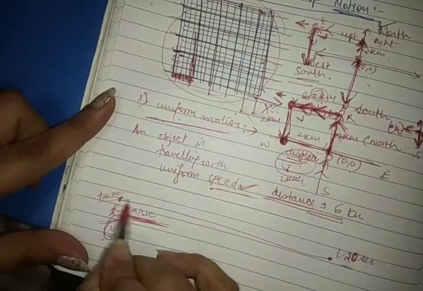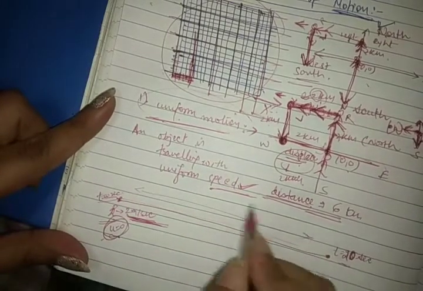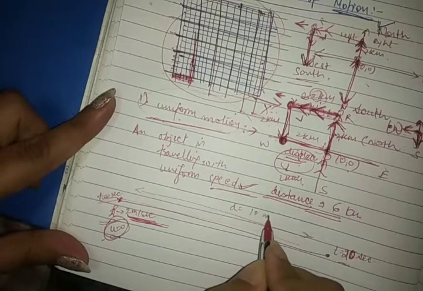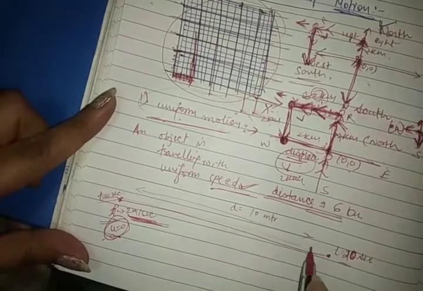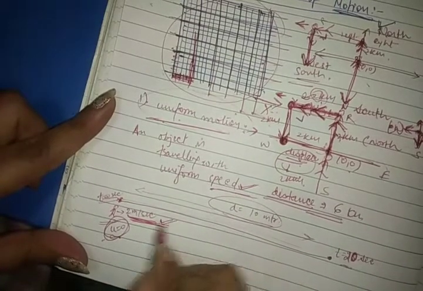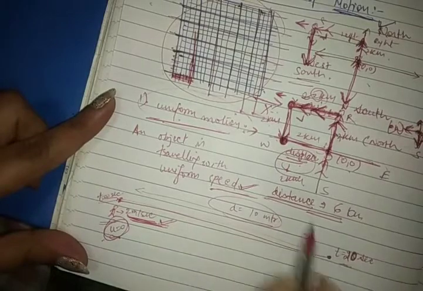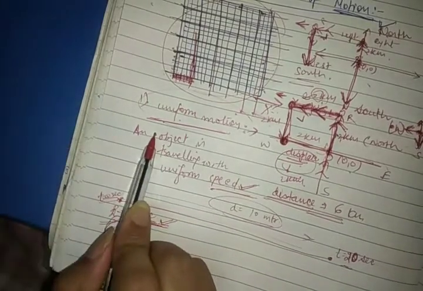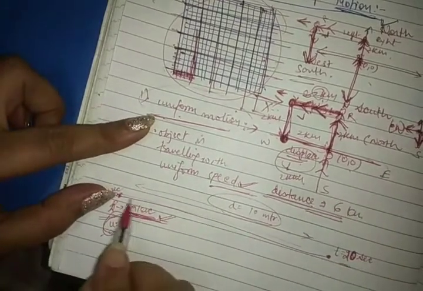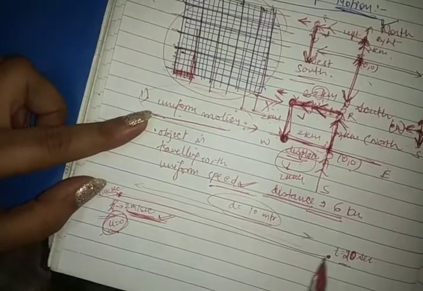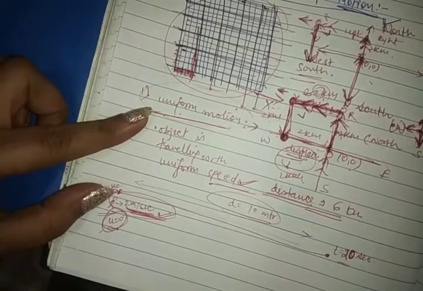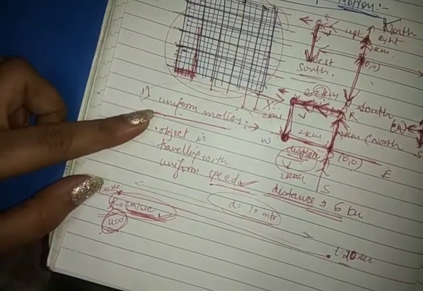So you travel this whole path. If this distance is, let's say, 10 meter, then you cover this distance of 10 meter using the same speed, 2 meter per second, throughout the path, because you are studying what? Uniform motion. And for uniform motion, the speed will always be the same for the whole path. So this is your whole path. From t equal to 0 second to t equal to 20 second, you continue traveling with the same speed, that is 2 meter per second, right? As per the definition of uniform motion.